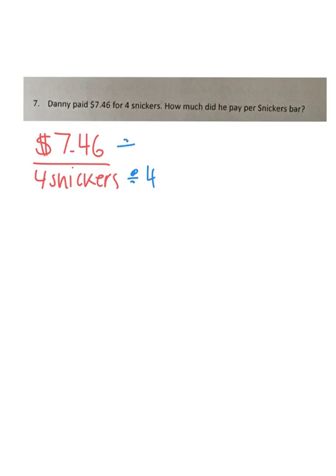Alright, so hopefully you already did this by yourself, so let's check your answer. When you set up the rate, you should have done $7.46 as your numerator, 4 Snickers as your denominator, and then you needed to divide by your denominator, which is 4, so divided by 4, divided by 4. That would give you 1 Snicker on the bottom, and then when you divide it,